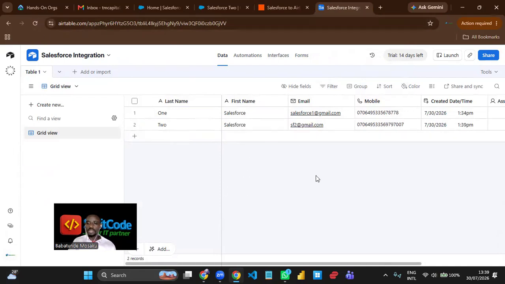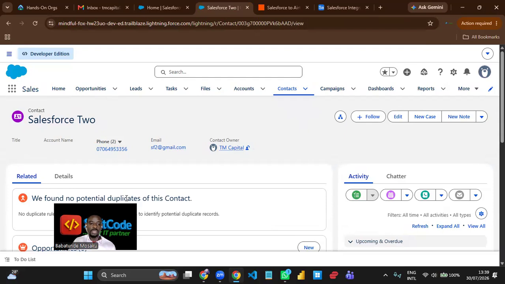So if everything works as expected on Airtable, in the next 2 minutes another record should be created here. Okay, fantastic. It will take up to 2 minutes, but it took just about 3 seconds. And that one has been created. You can see Salesforce 2 says false, and then of course this is the email and this is the phone number that we gave it, just like what we have in Salesforce right now. Okay, now that we have validated that no duplicate record is being created,